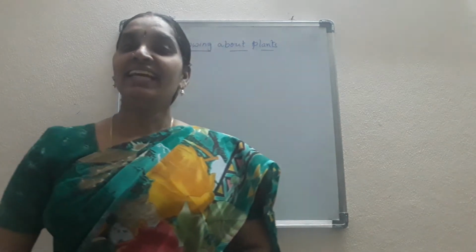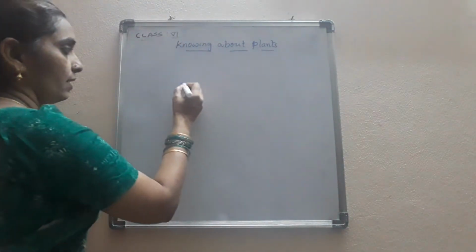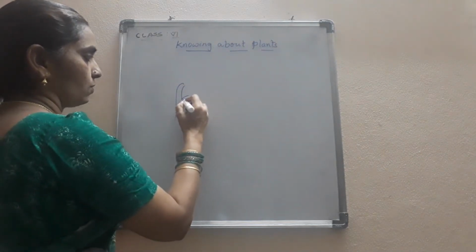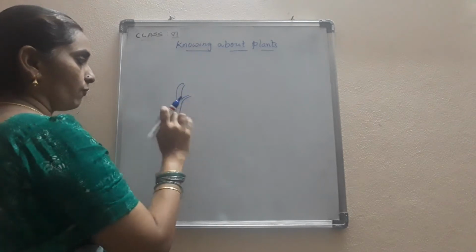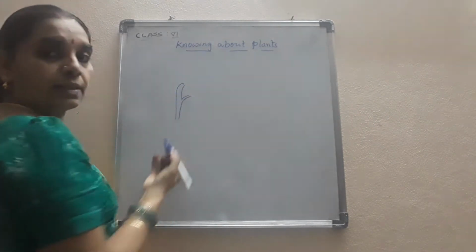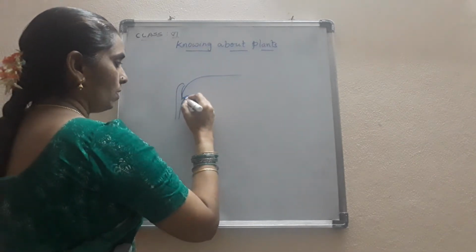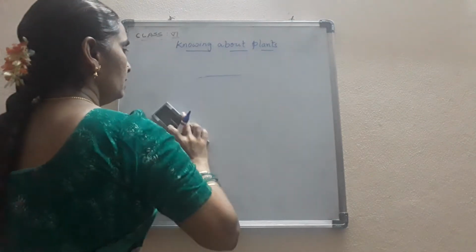Good morning, children. In the previous class, we were seeing about the parts of the leaf, isn't it? Yes, you know about the different parts of the leaf. Now we'll recall about it and next proceed to the venation part. So the parts of the leaf consist of mainly three parts. That is the leaf base, petiole, and lamina. Okay, children.